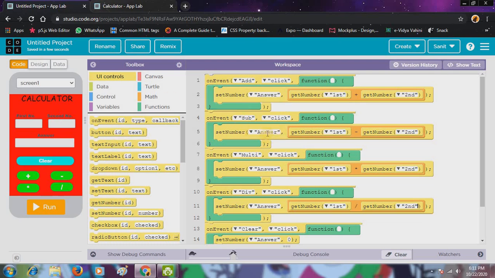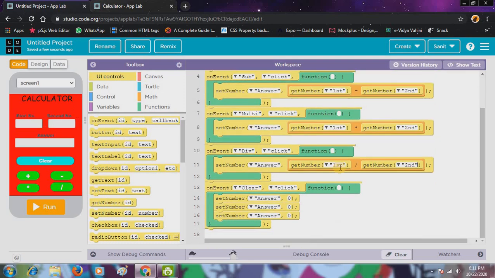Like this, for subtraction it will set a number in answer, the difference of first and second, like that for multiplication, division. And when we click on clear, it will set number 0 in answer, and in first it will keep 0, and in second also 0, means empty. Okay, so now let's test that.